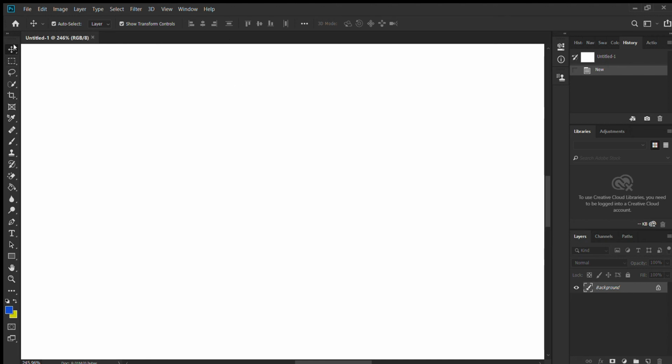Here you can see the toolbox is showing you. Okay, here is the toolbox. Different types of tools are given. This is the menu bar. This is the description of the tool which is selected.